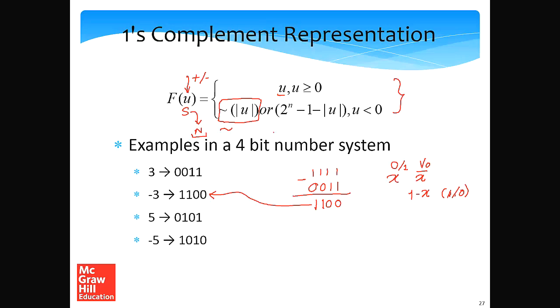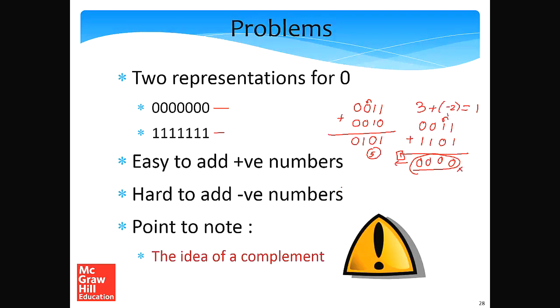So there are two ways of thinking about how to take a ones complement. One is we take a complement of every single bit, or we subtract the number from 2 to the power n minus 1. In this case, n is 4 because we have 4 bits. So 2 to the power n minus 1 is 15. So we can subtract it from 15. In a sense, it's equivalent to complementing every single bit. So as we discussed, this approach has its set of problems. The biggest problem is there are two representations for 0, and adding a positive to a negative number or a negative to a negative number is hard, and this is not something that we would want to do.